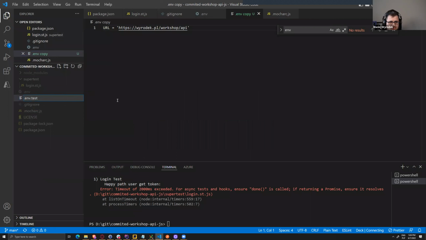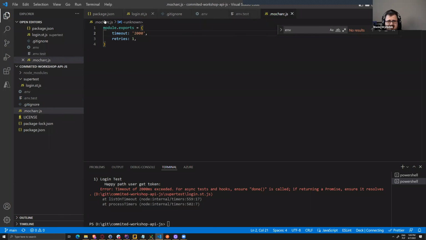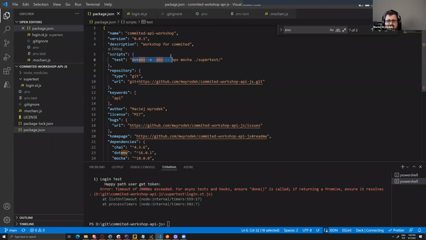To have the settings for different environments. Not everybody agrees that this is a correct way of using env. People say that in env there should be static values. And in the case of a normal application, I agree. In the case of testing, I think having a few environments is useful. And since we already added the library to run them, we can add ourselves another command,